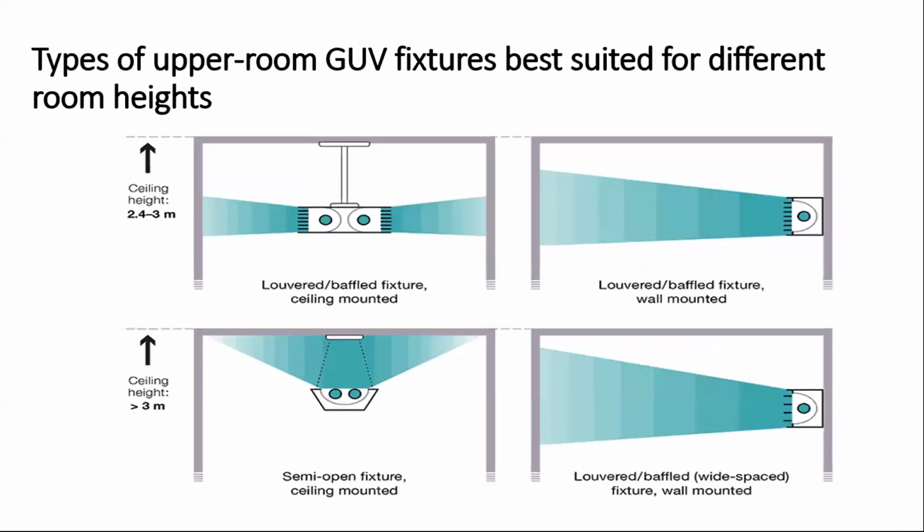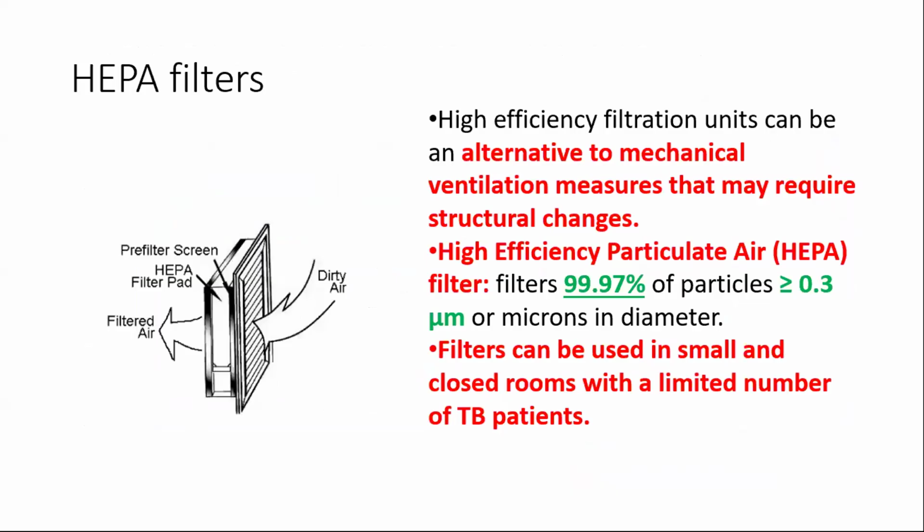डिपेंडिंग ऑन द हाइट आपके पास ये अलग अलग मॉडल्स में है। हाइट 3 मीटर के ऊपर है तो अलग मॉडल्स हैं, और 2.5 से 3 मीटर की तरफ है तो you have different models. नेक्स्ट स्लाइड। ये हीपा फिल्टर्स हैं। तो these are high efficiency filtration units. मैकेनिकल वेंटिलेशन को ऑल्टरनेटिव, अगर वहां पर आपके पास वेंटिलेशन प्रॉपर नहीं हो पा रहा है तो आप इसको हीपा भी यूज कर सकते हैं। 0.3 माइक्रॉन से ज्यादा 99.97% फिल्ट्रेशन रेट है इनका एफिशिएंसी। और स्मॉल या क्लोज रूम रहे जहां पे कम पेशेंट्स हैं तो वहां पे इनको यूज कर सकते हैं। नेक्स्ट स्लाइड।